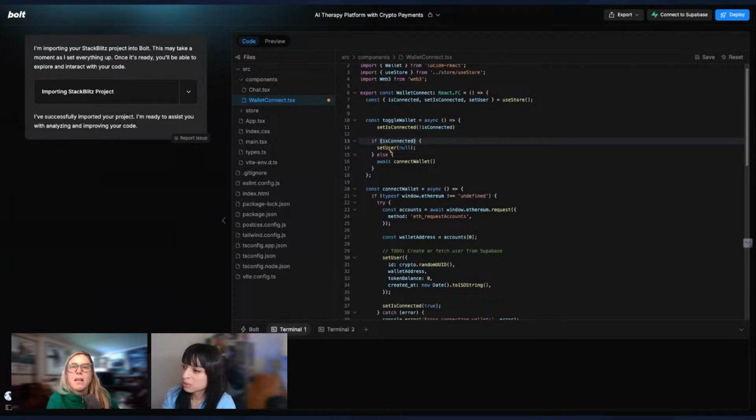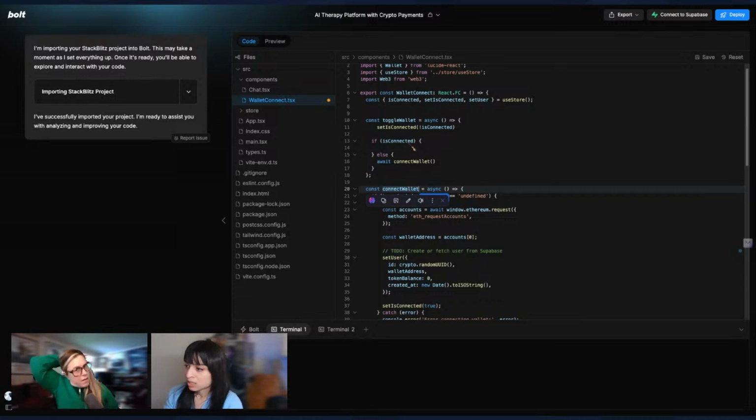But another part of toggling the wallet is, in the event that it is connected, you need to set the user to null. And then what I'll do here, engage, or maybe set wallet.